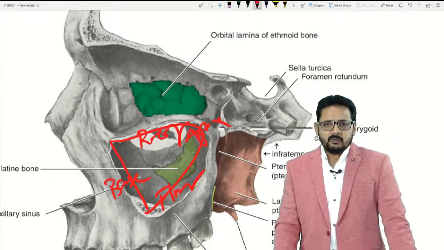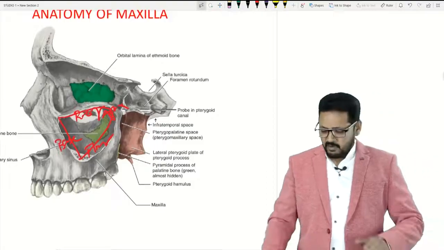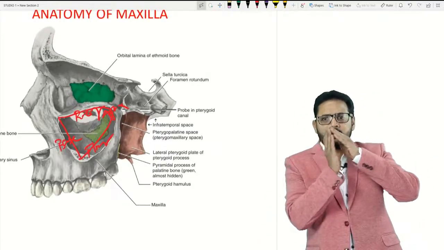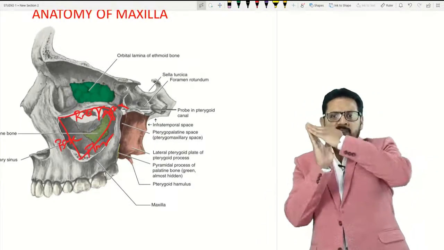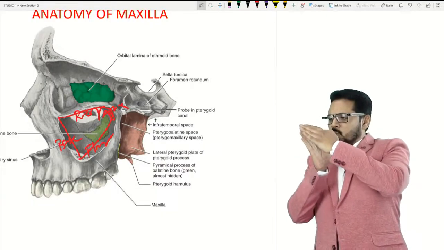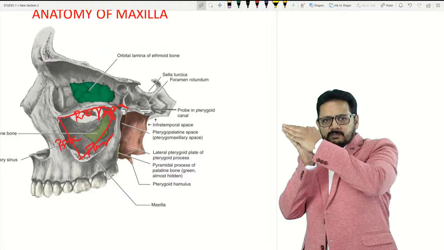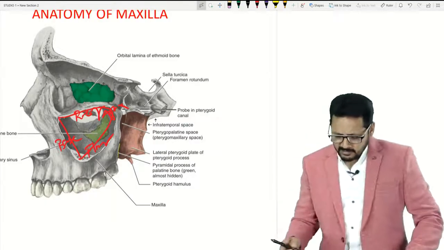Okay? Now, imagine if this is a pyramidal shape. I hope all of you are able to see. Now, if this is a pyramidal shape, it means what? The two sides have to meet at an apex, right? Now imagine,